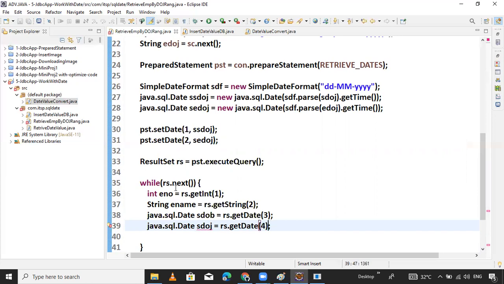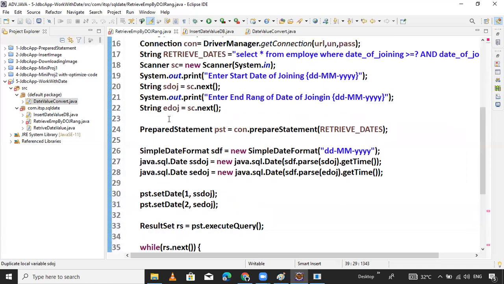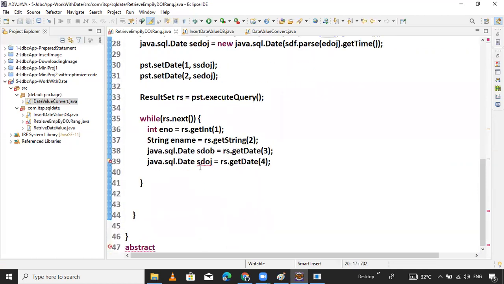Now we will get the SQL date. I think we are okay. Where here we declared starting simple date, use SQL for SQL and util for util. That's good. So now we will get the SQL date and process the data inside. We store the SQL date value in SQL format. So now convert SQL to util.